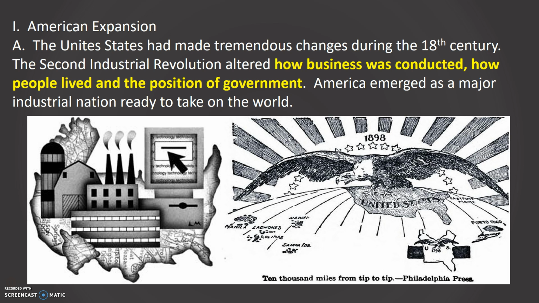And then once it's manufactured, we have a large number of people coming here to become workers and also consumers at the same time. And then we are going to see that the government realizes that people are being abused by business, so we switch our ideas from laissez-faire to something that's now going to be a little bit more hands-on with our progressive reforms. So we are going to emerge at the end of the 18th century as a major industrial power.